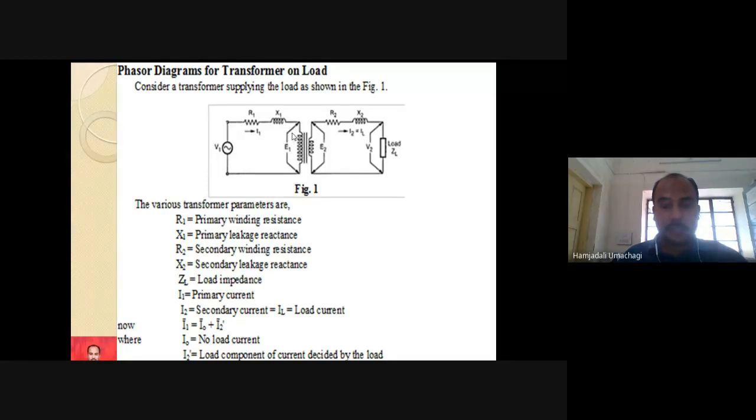That magnetizing branch is going to have the elements like X0 and R0 in parallel. That is not indicated here. So if that magnetizing branch were present here, then the current flowing through that magnetizing branch, the no load current I0, will be flowing in this direction and I1 flowing here in this direction, right? It will be just like your water. How can I show you this?